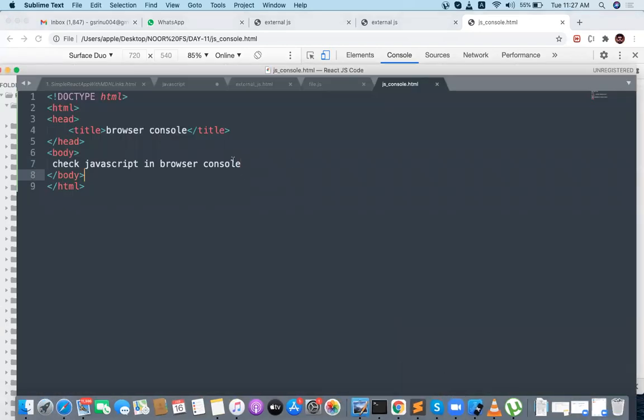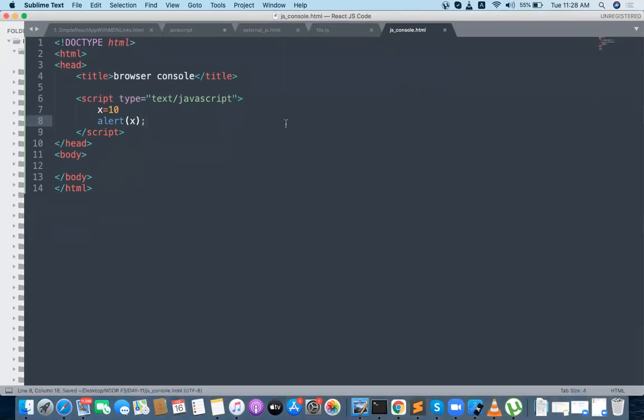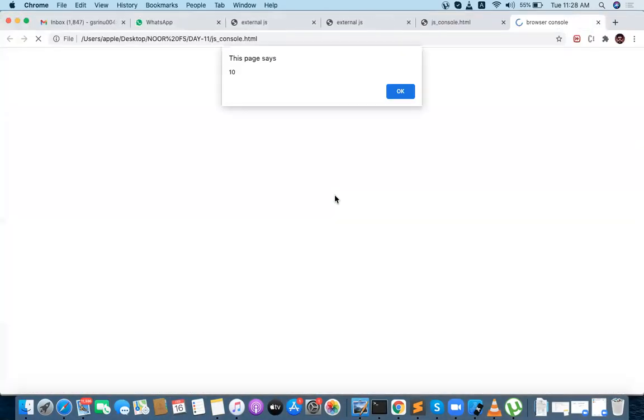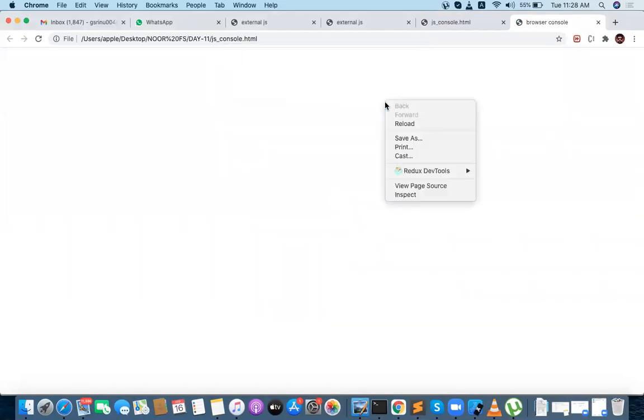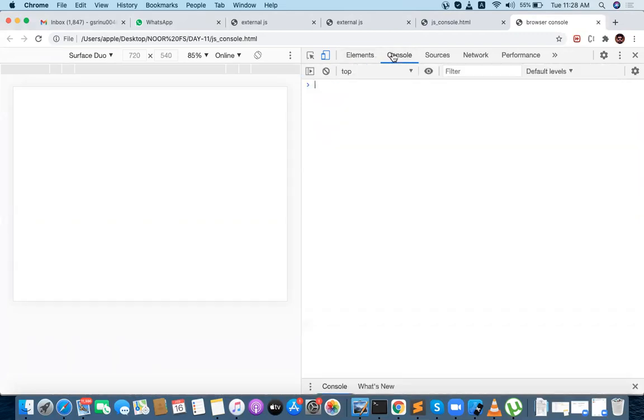And let me tell you one thing. For example, in the JS console, I am writing some internal JavaScript. Okay, x equal to 10. Console.log, or something like alert x. Alert x. But I want to show alert, right? I want to show alert. But what is the browser output of this? 10. What is the output of the browser? 10. Some instruction you can go for, and you can go for console. Yes, fine, it is working.